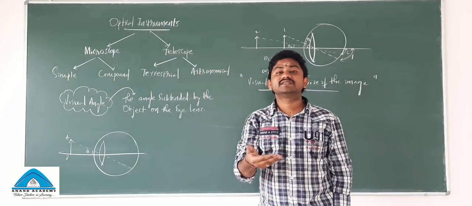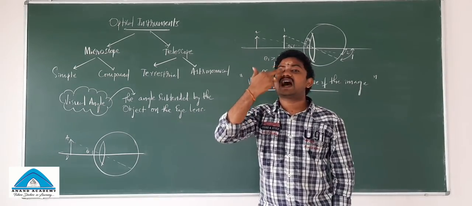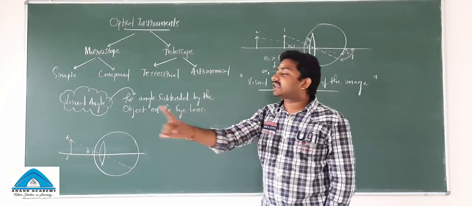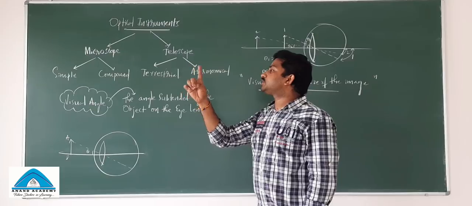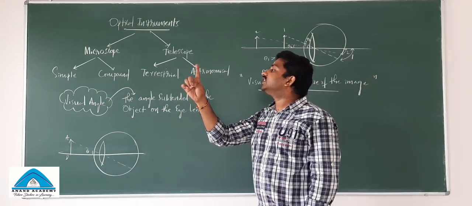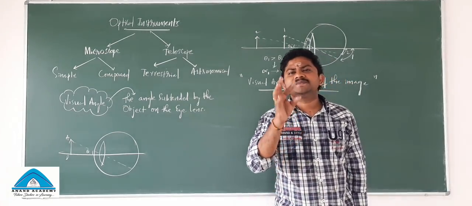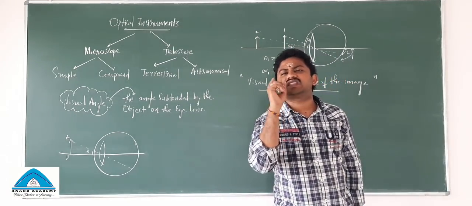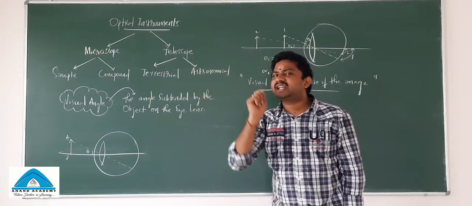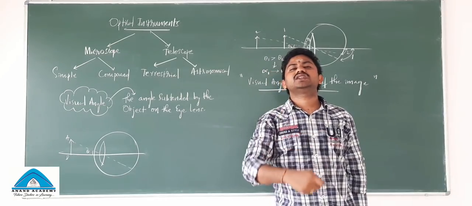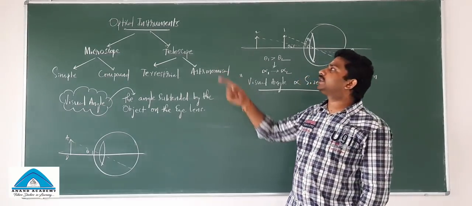In this sense, with the naked eye, there is no optical instrument with the eye. With the naked eye, I can see the object and the image size as it is, and which is maximum at the near point. What is the point? The near point. So the maximum size of the image you can see with the naked eye will be when the object is kept at the least distance of distinct vision, which is called a near point. And that is the most useful part in optical instruments.